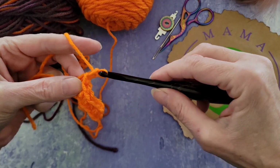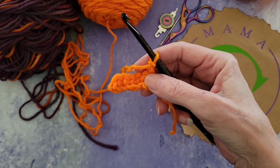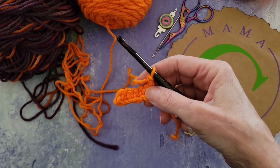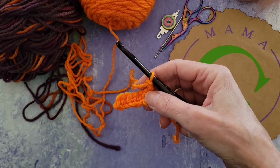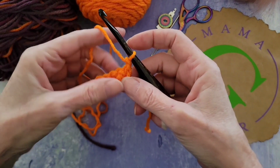We're going to chain 1, and we're going to turn our work. And I forgot to grab, oh boy. Here we go. Hold on one sec there. Sorry about that. I forgot to grab one of those. All right, so